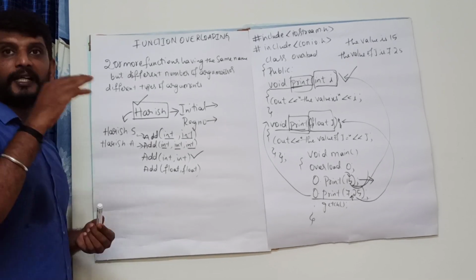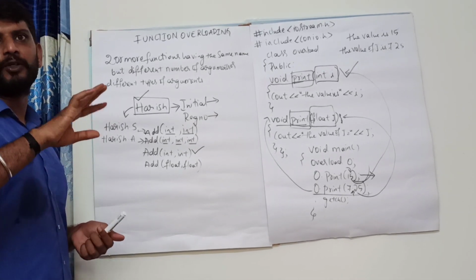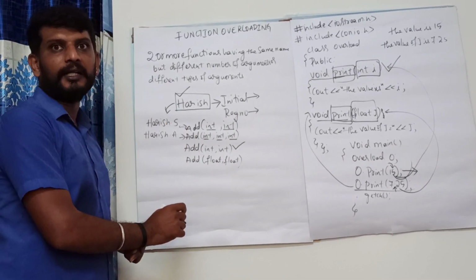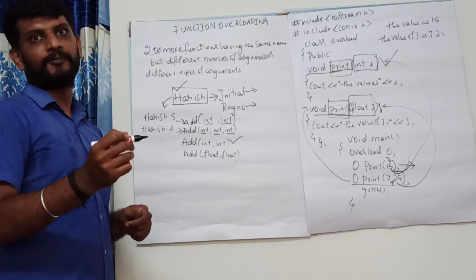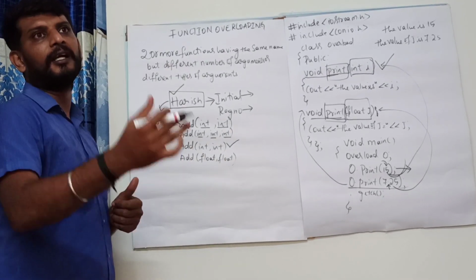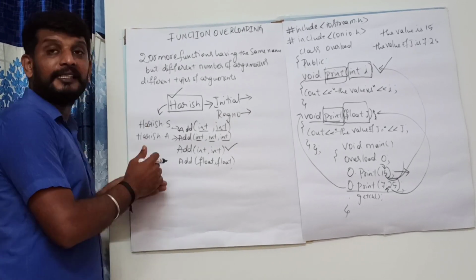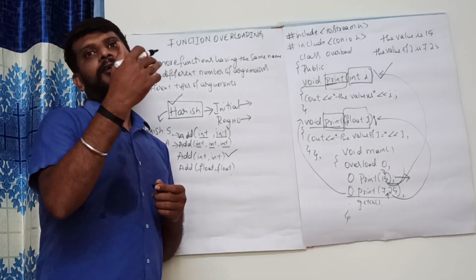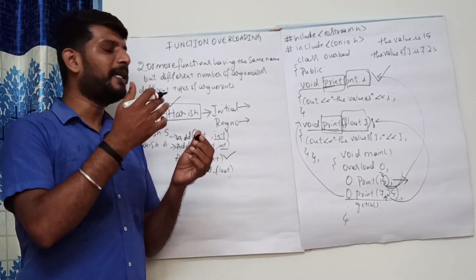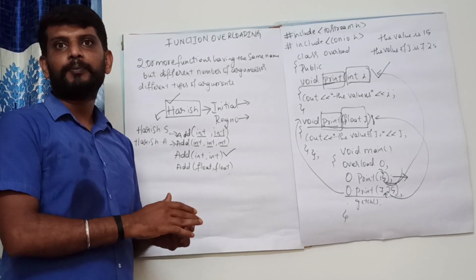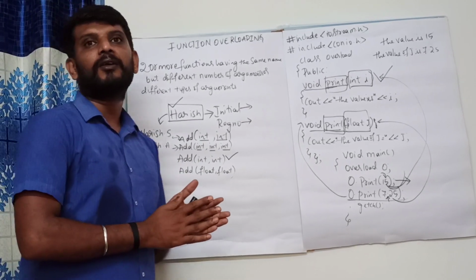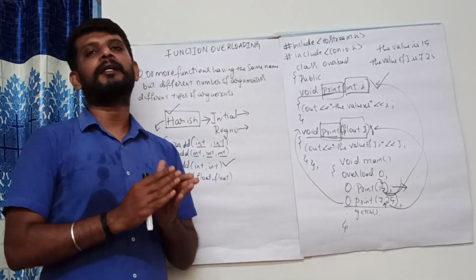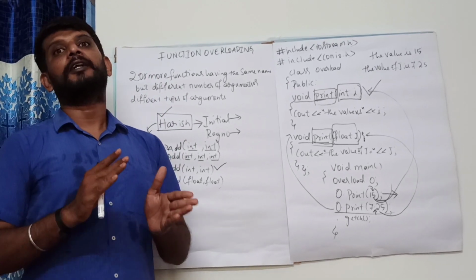So when I just call Arish, there will be a confusion between those two students. When I say Arish S, whichever student is having the initial S, that particular student will respond to my question. If I say Arish A, only that particular student responds to my question. So that is the concept of function overloading. Function overloading is nothing but two or more functions having the same name but different type of arguments or different number of arguments.